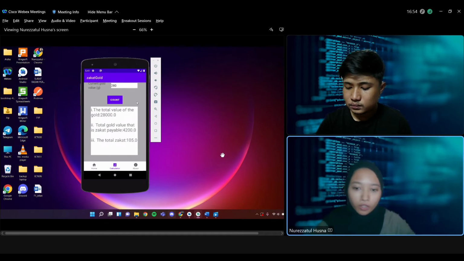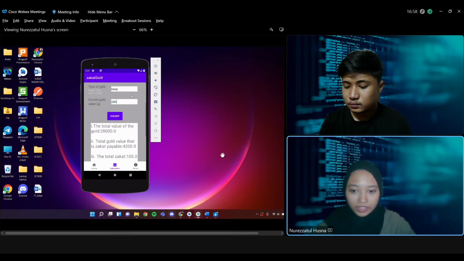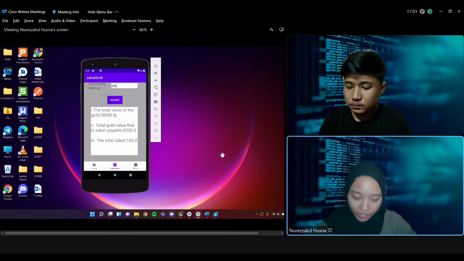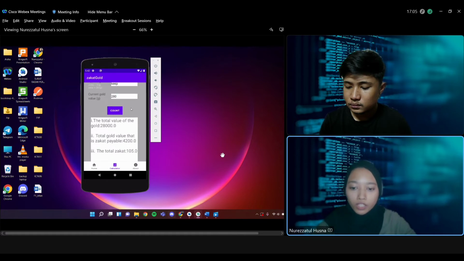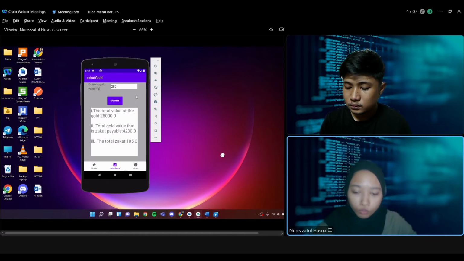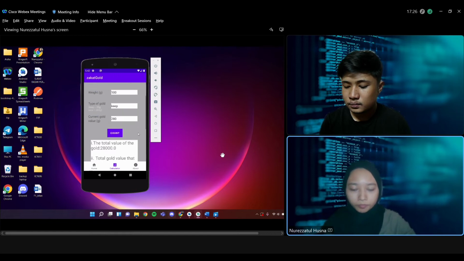Unlike before, when we didn't put any value and the output was 0.0, now after we put the values and the app does the calculation, the output is shown.